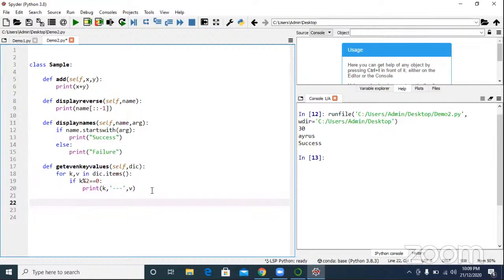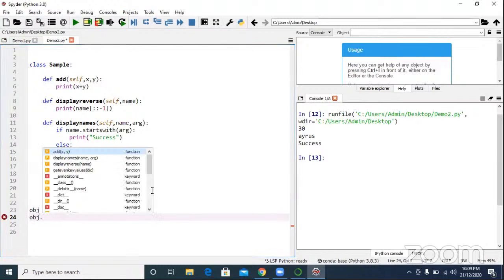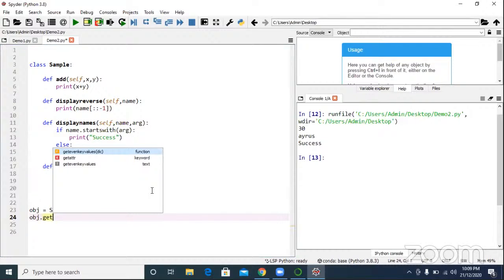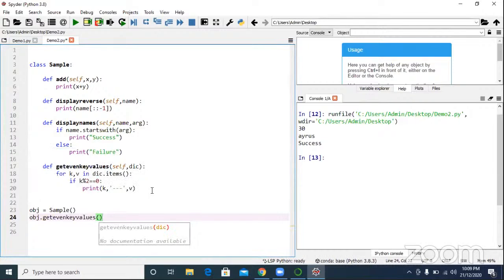Very good. Shall I create an object? Yes. Obj equal to sample. Obj dot get even key values. How many arguments are there? One argument.